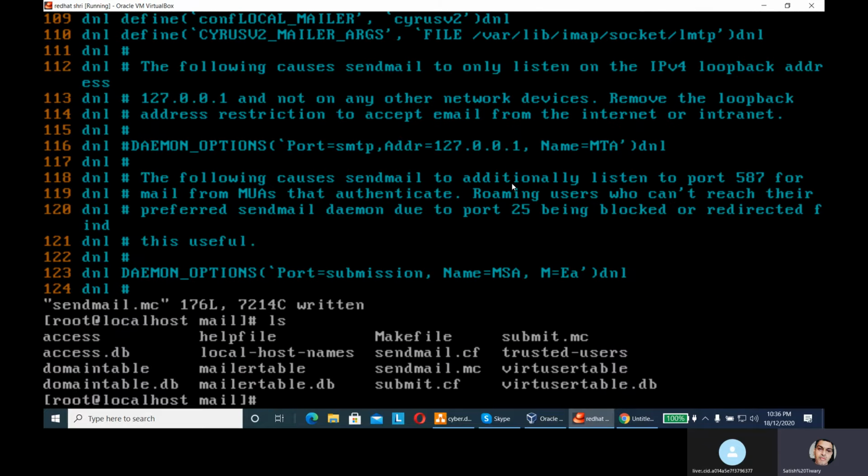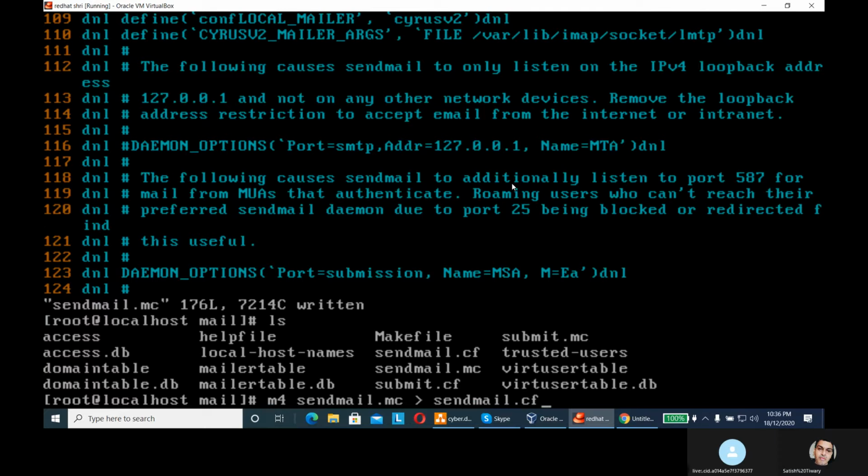Now you know that we have two configuration files, sendmail.cf and sendmail.mc. But we have made changes only in sendmail.mc. Now we have to update the change in sendmail.cf also. For that, we need a compiler, and the compiler is this one, M4. m4 sendmail.mc, and then you have to type sendmail.cf.